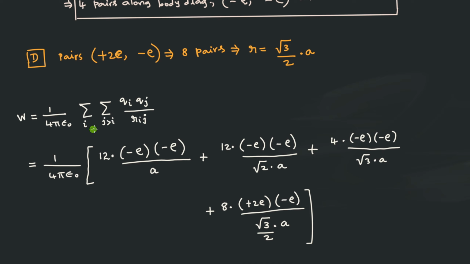It is not so. The meaning implied by the double summation is simply to add all the pairs. Whatever be the number of pairs, consider all of them and add them. That's all the meaning of the double summation. Even if it is triple summation, that is the meaning. Triple summation will come if you have i, j, k. If you have three indices, the first index for i equal to, the second for j equal to, and the third summation for k equal to. So again, the meaning implied by the triple summation is the same.